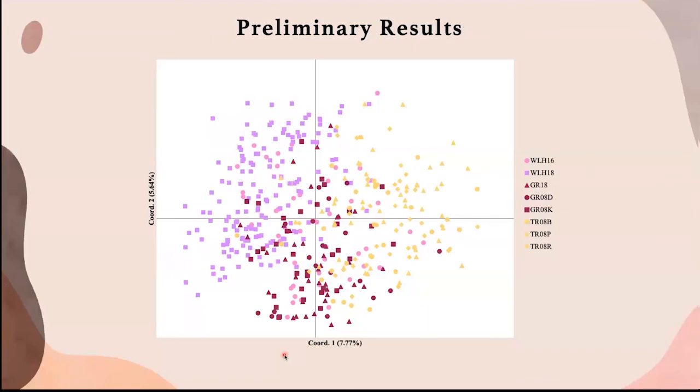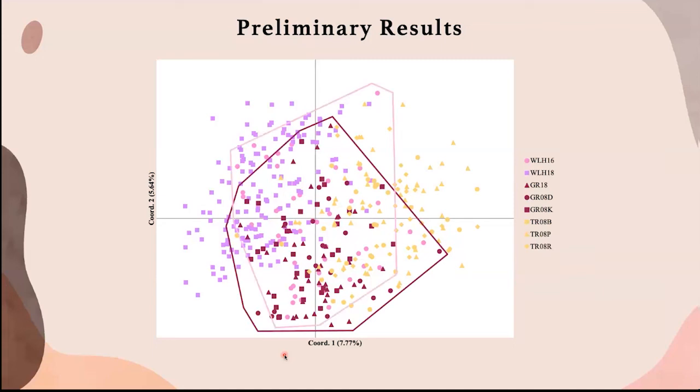We did a PCoA to visualize the genetic differentiation. Here are the wild Grand individuals, and the mothers of our 2018 cohort are included in this group. This pink is the 2016 juveniles. This purple color is the 2018 juveniles. And we see that there's quite a bit of overlap, so this would not indicate that these groups are genetically different.